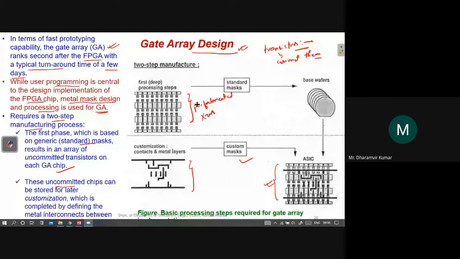With the help of some standard mask, this geometry is transferred on these wafers, and this structure is again transferred on top of these wafers with the help of another set of masks. Then these uncommitted chips can be stored for later customization, which is completed by defining the metal interconnects between them. So this is how it's done in the case of gate array design.